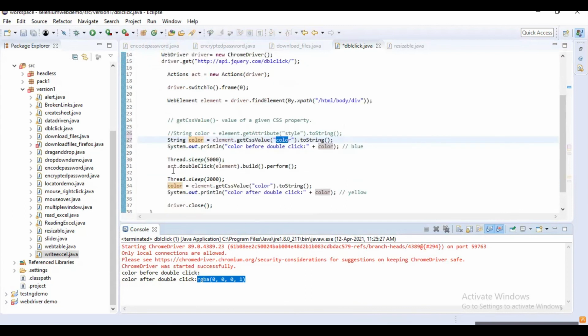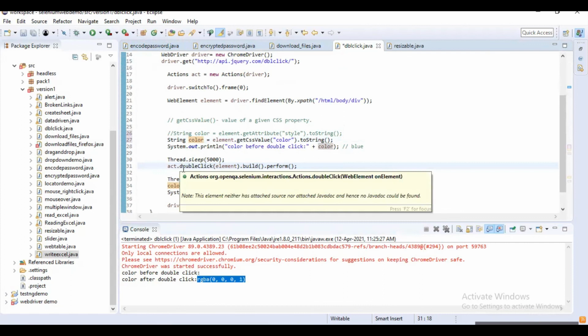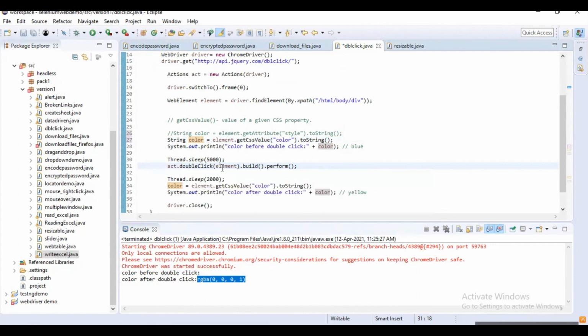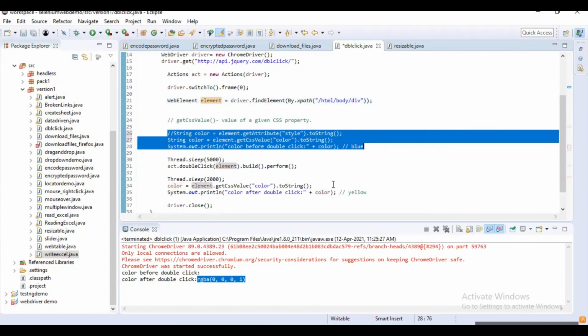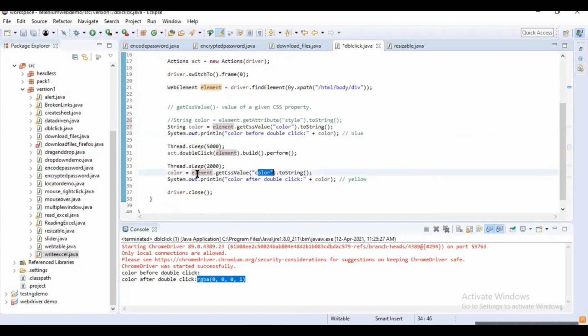So again what we are going to do is add the click. This method is for double clicking the element. We have a double click method, like drag and drop. Double click of element dot build dot perform. Once again, I am repeating the same step. So after double click, what happens? The same element, the same color property I am using, and I'm going to store it inside the same variable color. And if I display it, it will automatically